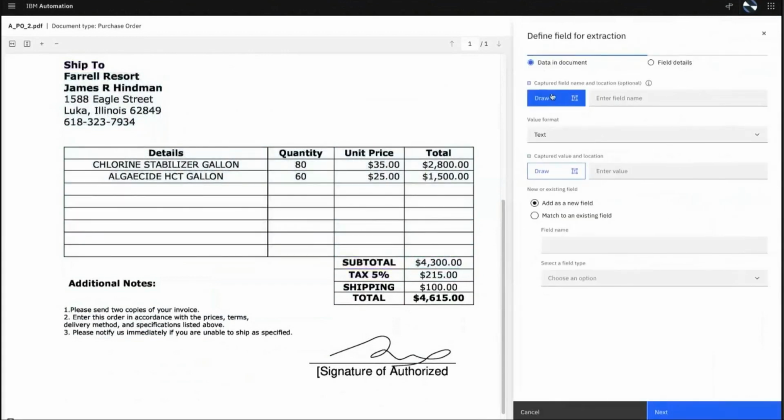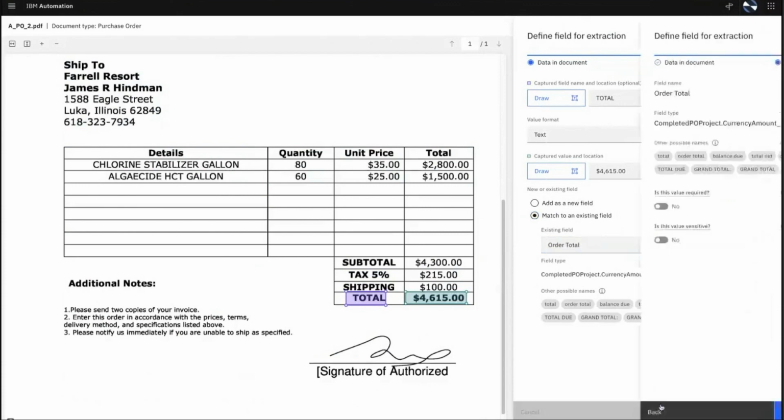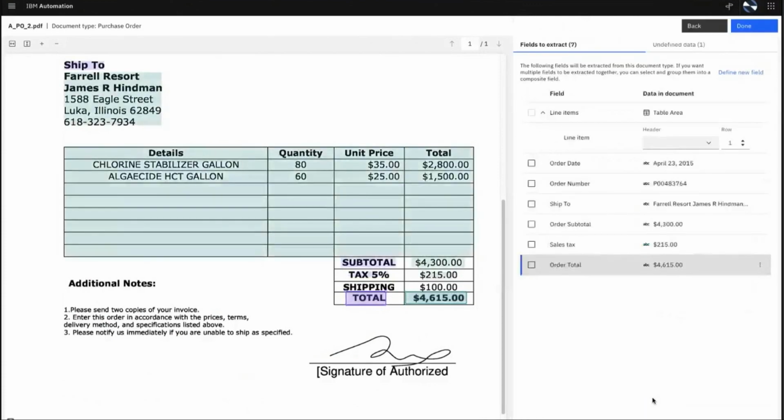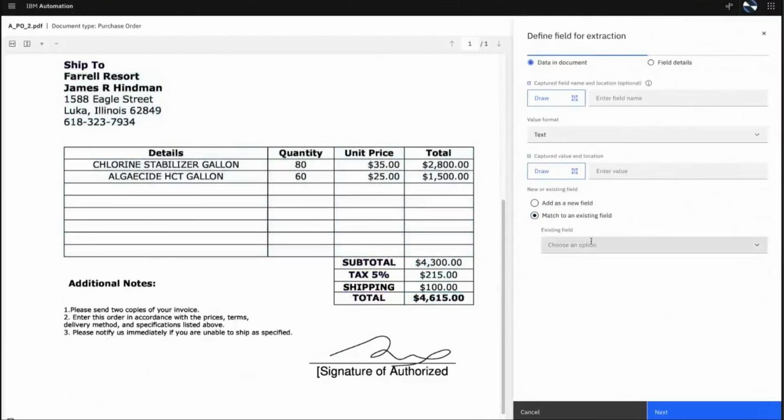I can do the same thing for the total as well. If it misses a value, we are here to teach it. And as we teach the system, it continuously learns and improves over time. The last one here that I want is shipping. Now, this is not a field that we've defined. If I look at the fields that I have in my list right now, I don't have a shipping field available. So what I'm going to do is define a new field